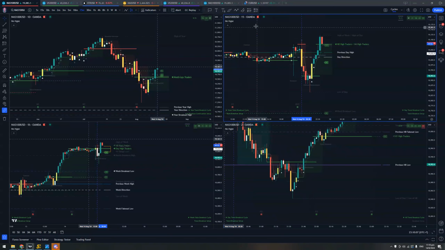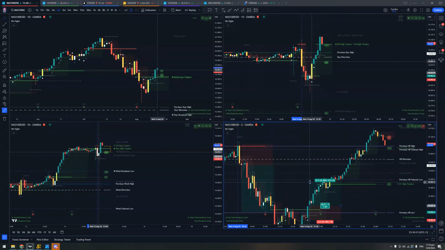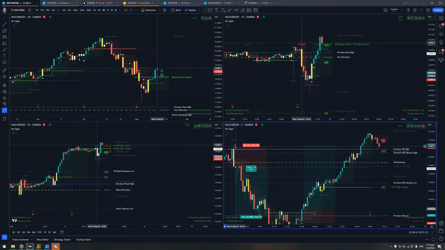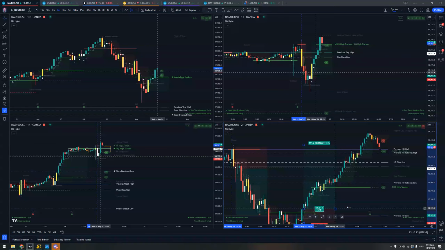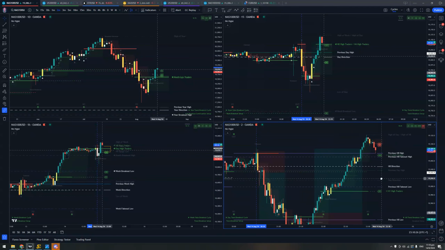Yep. So once that happened, I entered again right here, tight stop again, and held it all the way up to the high of the day. And I took partials once it reached the top, so about 4.5R. Took partials on that, and now I'm trailing because right now you have a previous day high